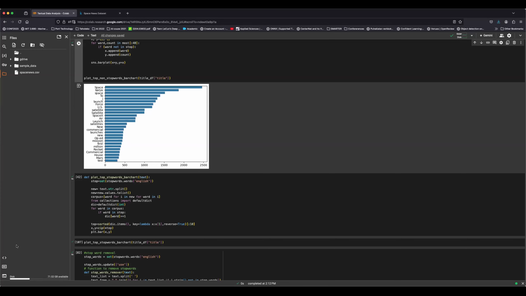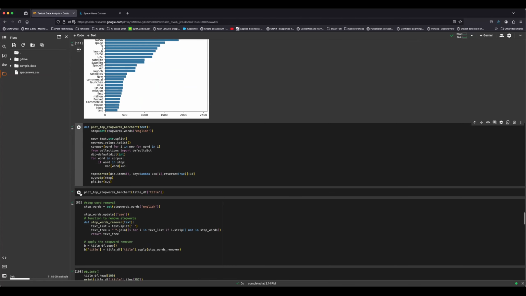Now, just out of curiosity, we can create the same kind of bar chart for stop words. So what we're going to do is split every entry again, and then create a list. We're going to create our corpus. Then in that corpus, we're going to count the frequencies of stop words this time around. The code is very similar to the other one, so I'm not going to go over it again. Then if we plot it,